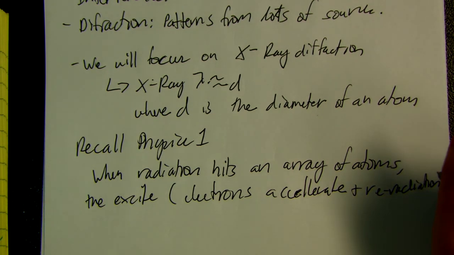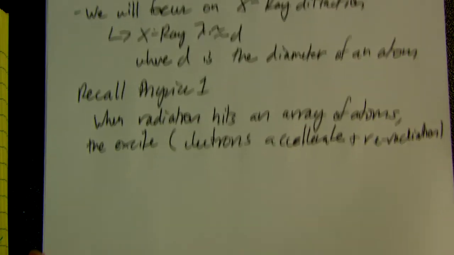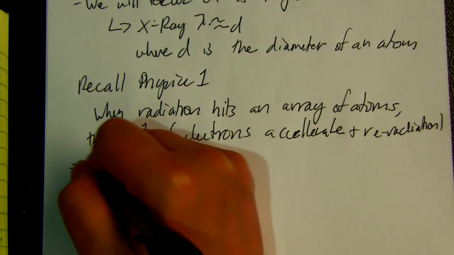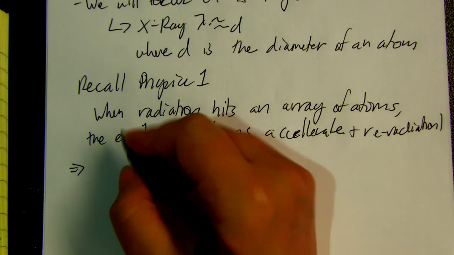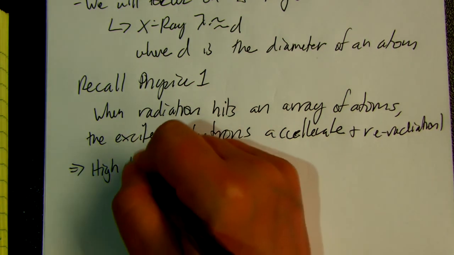High intensity re-radiation, so remember we now know where you get high intensity radiation from. You're looking for very constructive interference. So high intensity